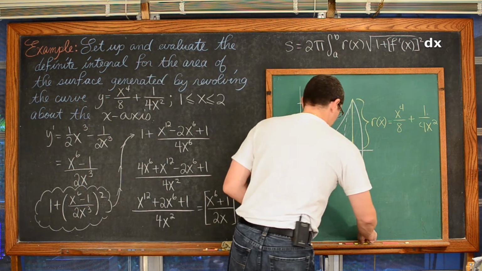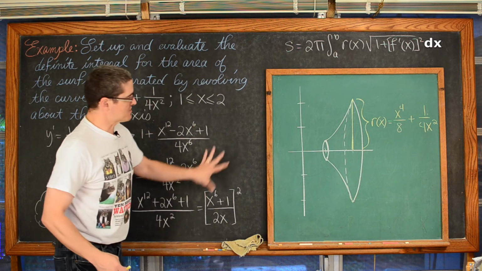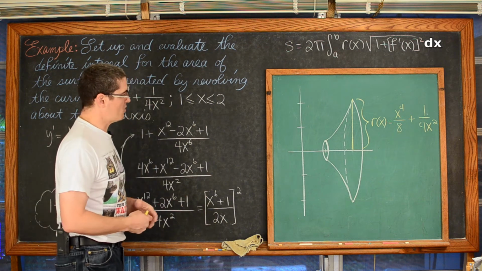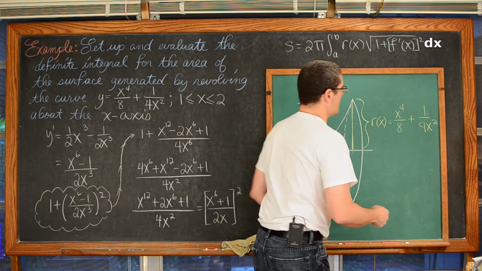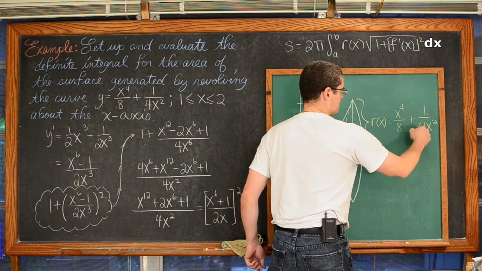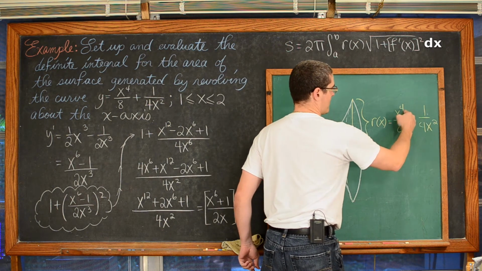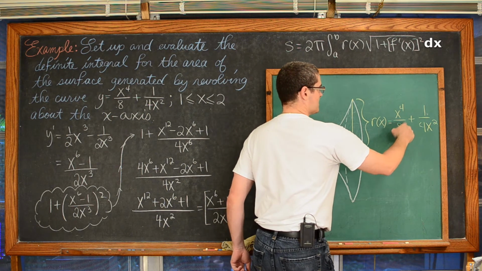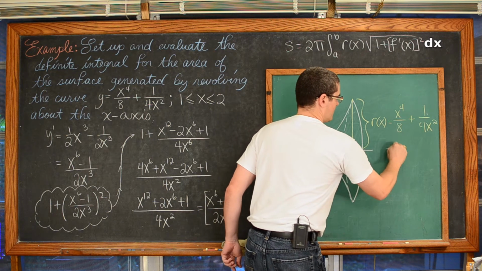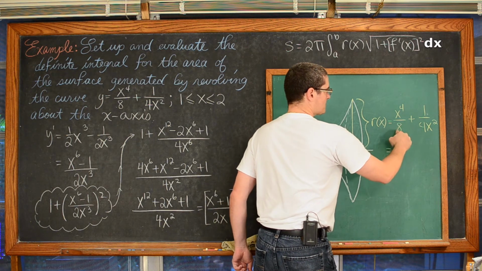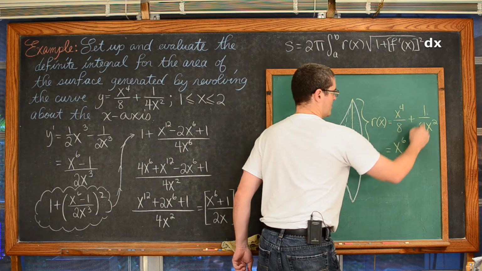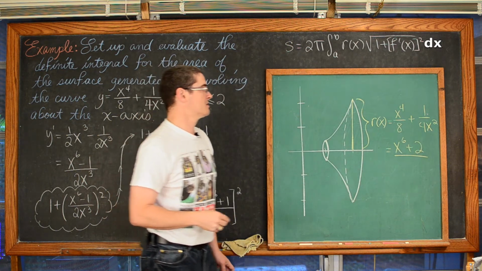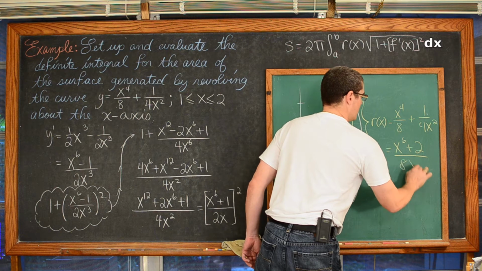And again, just in the context of this all needing to work out very nicely with our integration techniques that we have to this point, I'm going to go ahead and find a common denominator here. We're going to multiply this second fraction by 2 and this first fraction by x to the second. And we're going to get x to the second, so we're going to have x to the sixth. This 4 needs to become an 8, so we need to multiply it by 2. And that's going to be x to the sixth plus 2 over 8x squared.